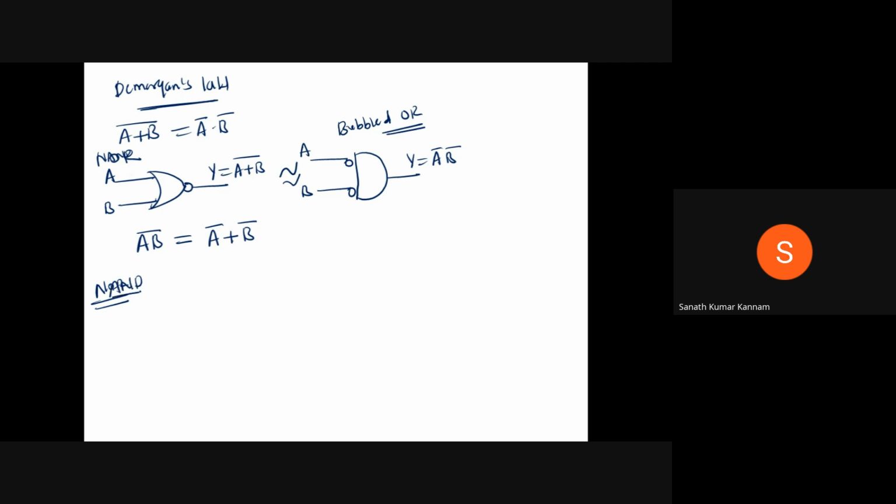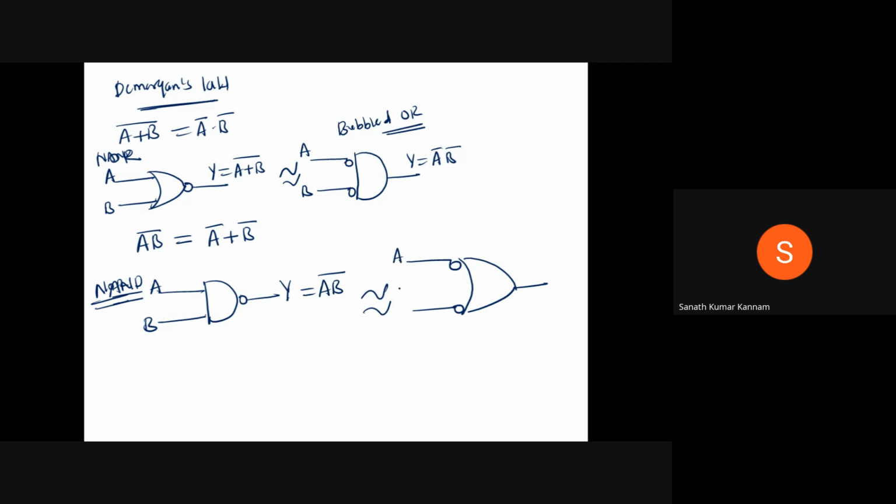So NAND gate is equivalent to what? NAND gate: this is A, B, Y equal to A B whole bar. So this is equivalent to bubbled OR. So this is A, B, Y equal to A bar or B bar. So that means from here I can say that NOR